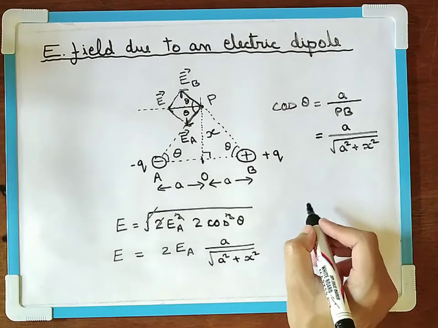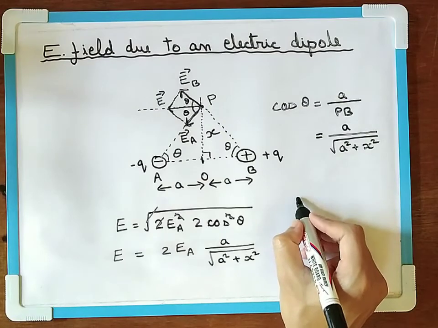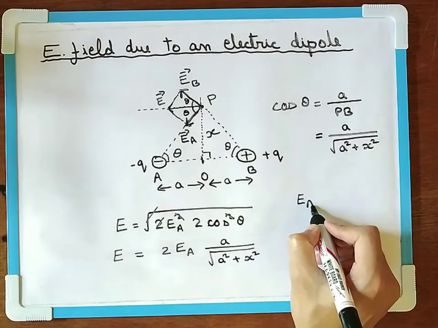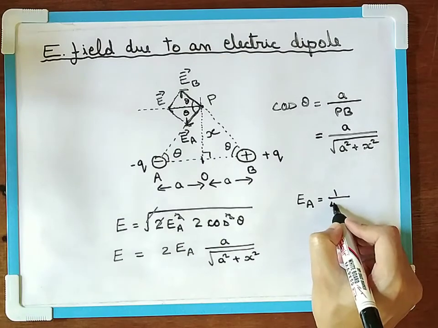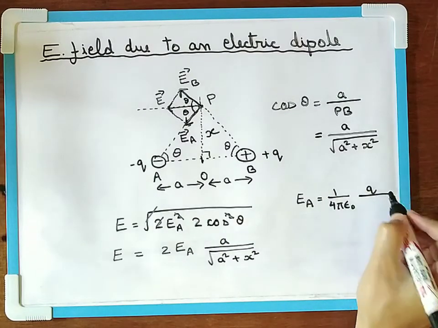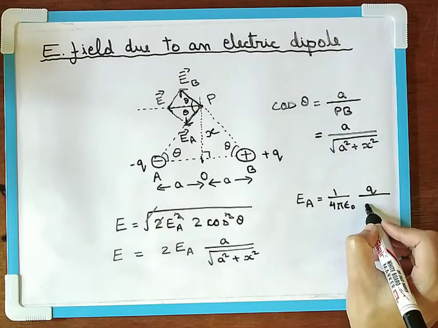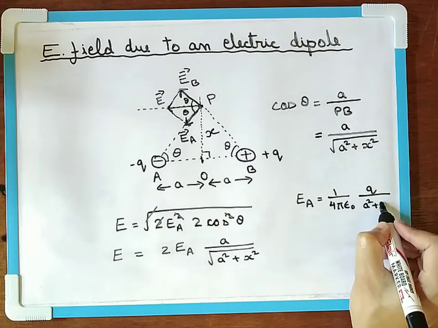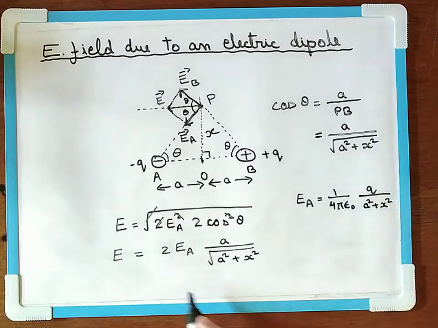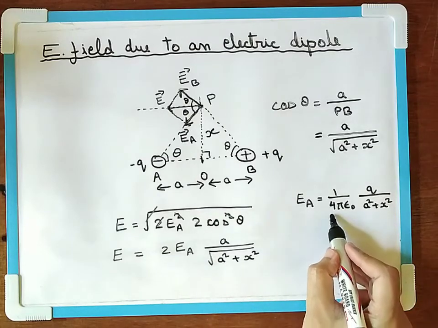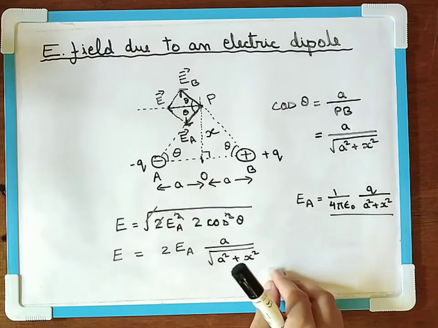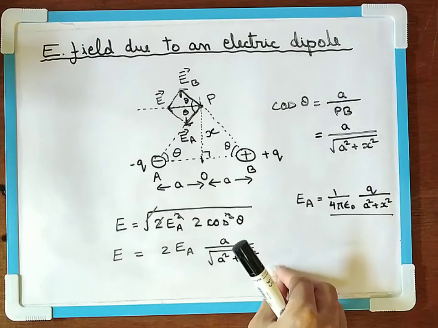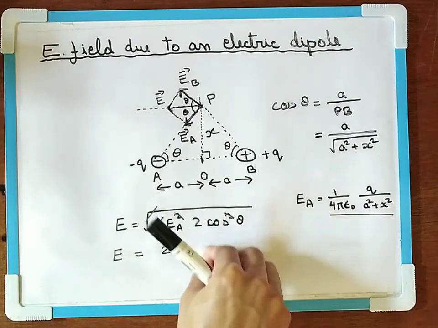Now this E_A is equal to 1 by 4 pi epsilon naught q divided by a square plus x square. So instead of E_A here, I'll write 1 by 4 pi epsilon naught q divided by a square plus x square. So the expression for E now becomes